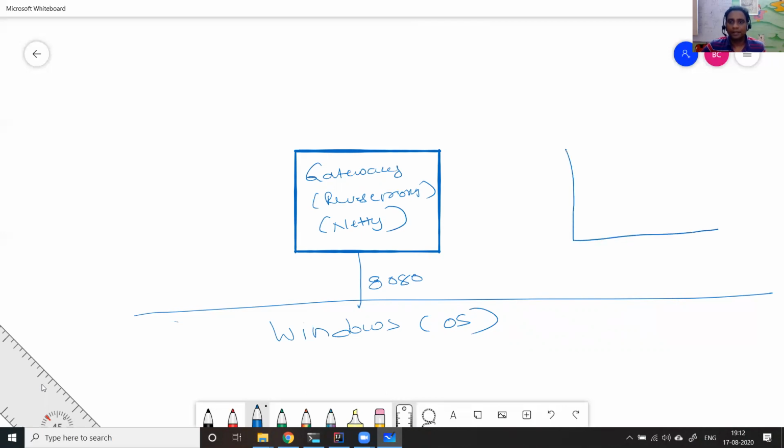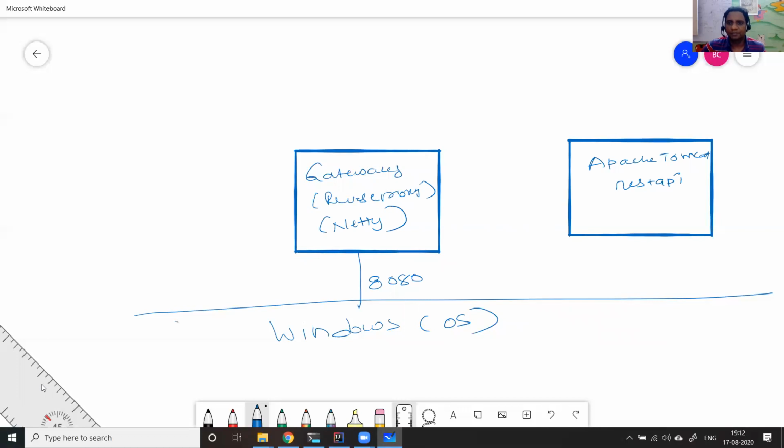Now I have a Java Apache Tomcat. I have a REST API, which is Spring Boot driven. So it is a Spring Boot application, nothing more than that. It's a simple REST API which generally says hello and doesn't really do anything, running on port 9090.